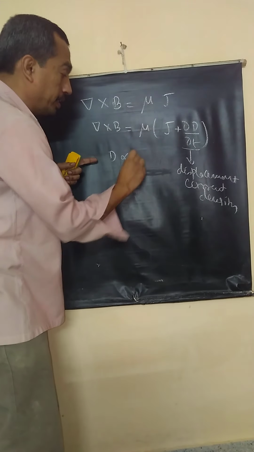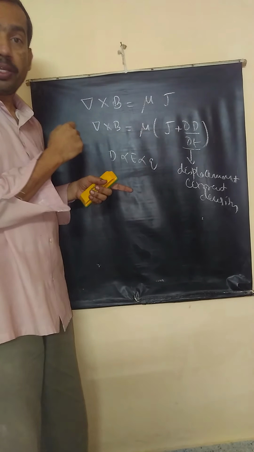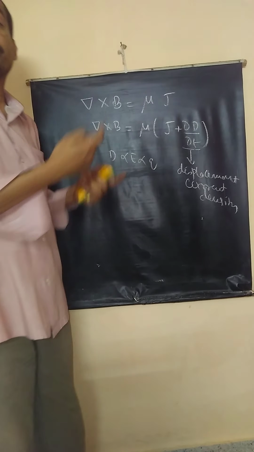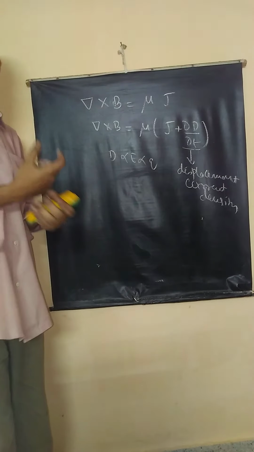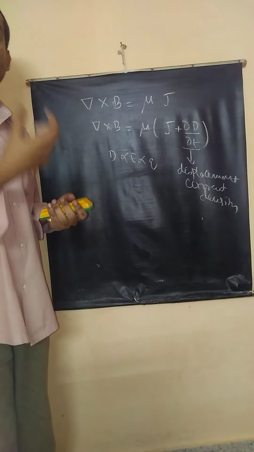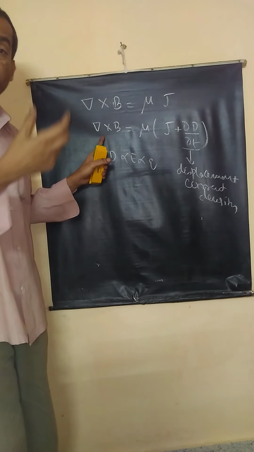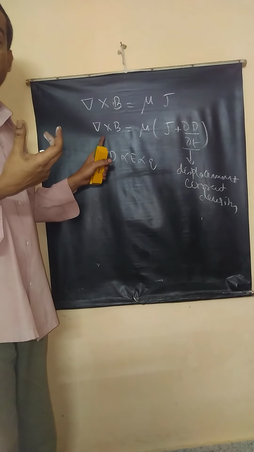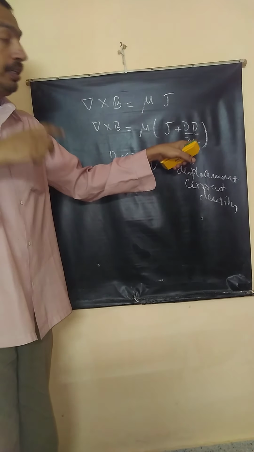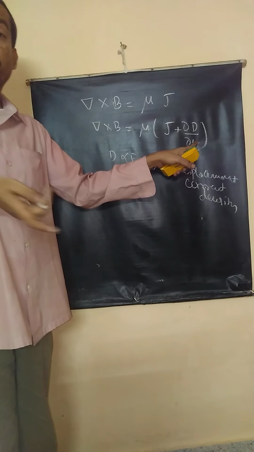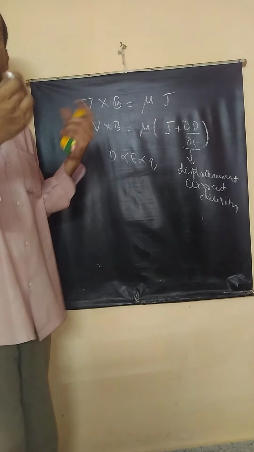D is proportional to E, E is proportional to Q. So in a way, this is dou Q by dou T, rate of oscillation of charges. This term shows that when charges oscillate at a point in space, that becomes the source of varying magnetic field. We all know when magnetic field varies, electric field is produced. So oscillation of charges produces varying magnetic field, that in turn produces varying electric field, and hence an electromagnetic wave is